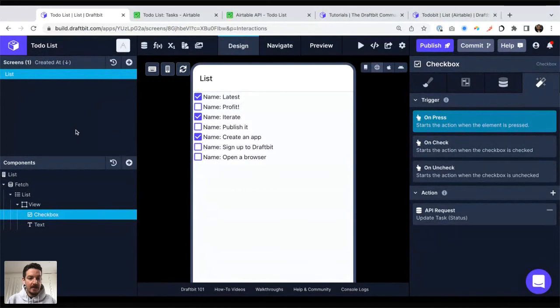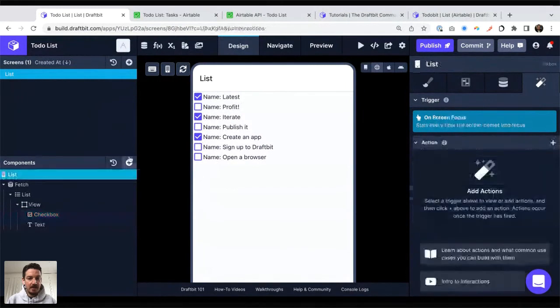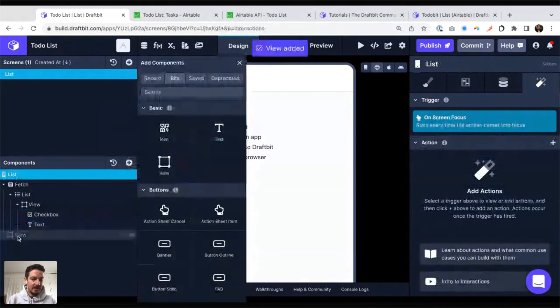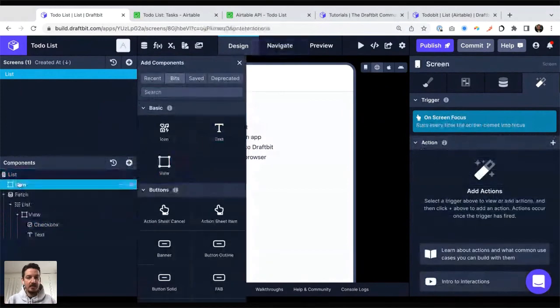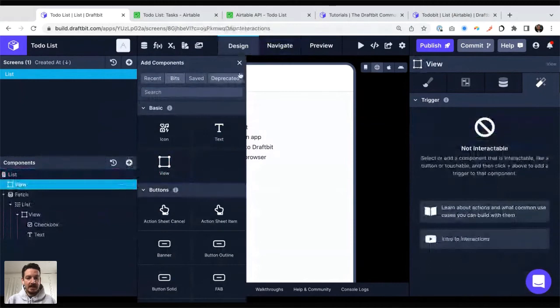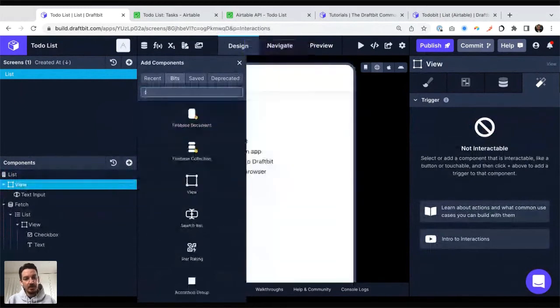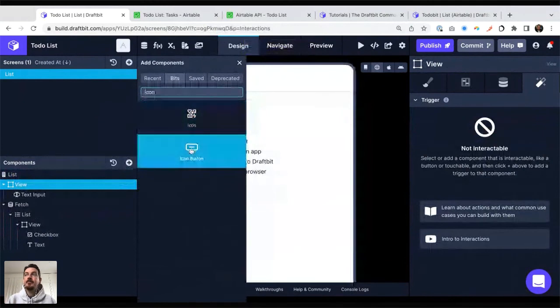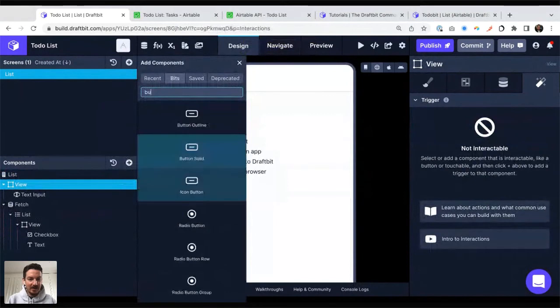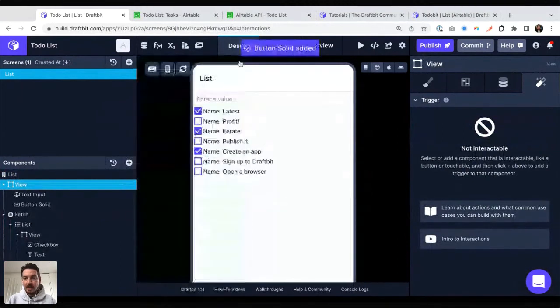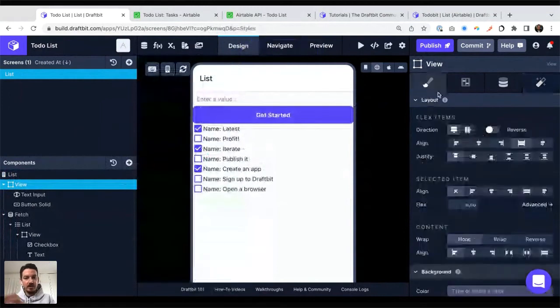So here it is. I'm going to create a view that I'm going to put at the very top, which is going to help me lay stuff out nicely from a visual point of view. I'm going to put a text input where I'm going to type my new task, and I'm going to add an icon button. So not just a button that says add, although, now that I just said it, I think I kind of want to do a button. Okay, that view, again, I'm going to make it a row so they're all in the same line.